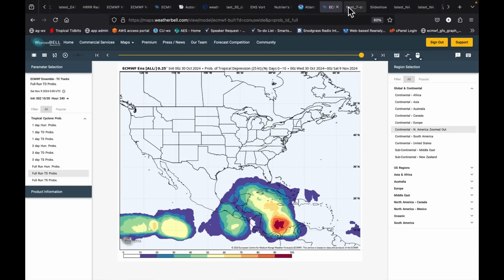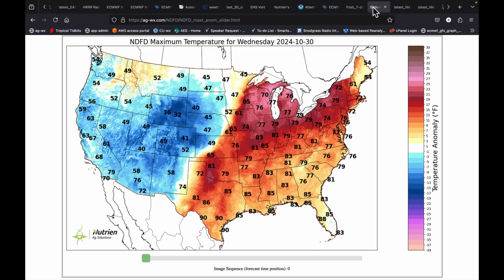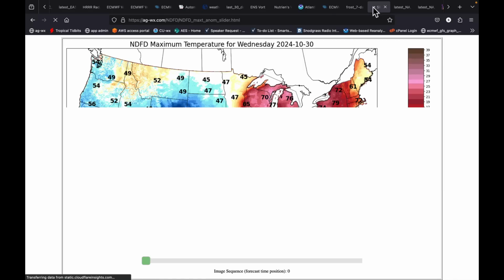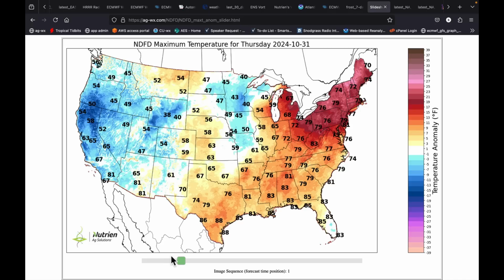So speaking of warmth, let's get into a temperature discussion. This is the next 7 days of risk of frost across the lower 48, everywhere in gray. And if we look at these high temperatures, let's refresh this and see if we can get the right maps to pop up here. This is what our high temperatures are today. Look at that contrast. No problem finding the front here. This is today, Thursday, already big swings. So prepare for this in this area. Look how cold the West Coast is. This is your Halloween, and it's quite cool here.